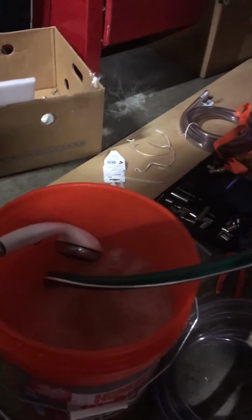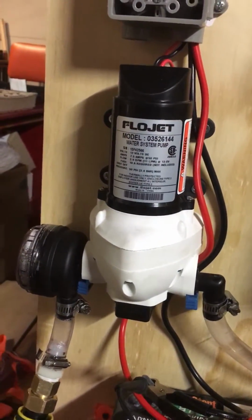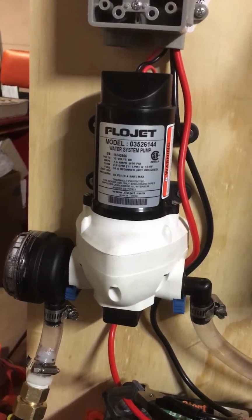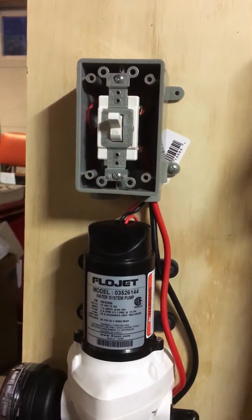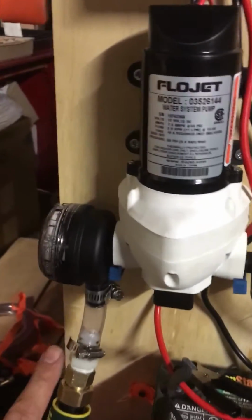Hot water being pulled up through a flow jet pump, 50 psi. Got a little disconnect switch there, turn it off and on. So the water comes in here from the filter,